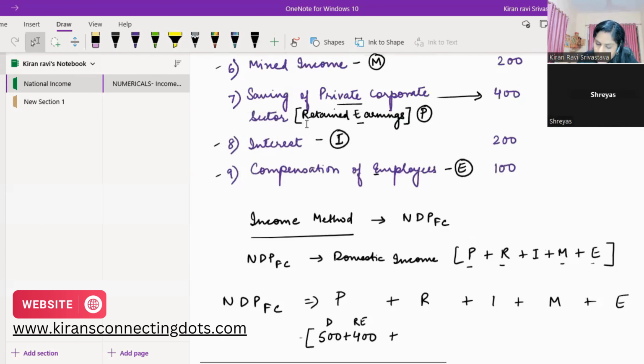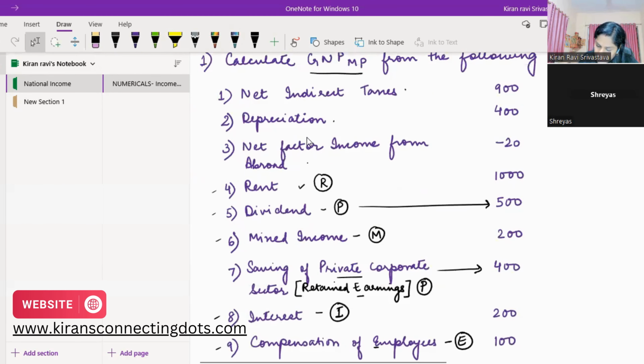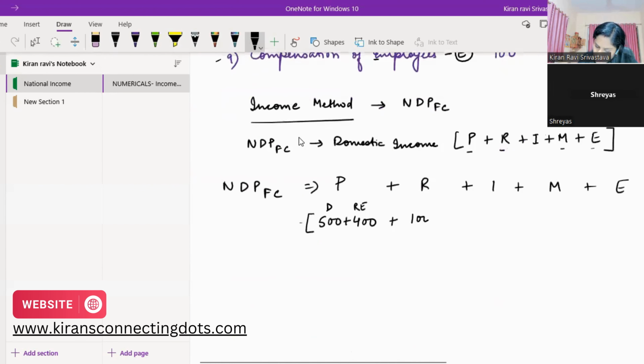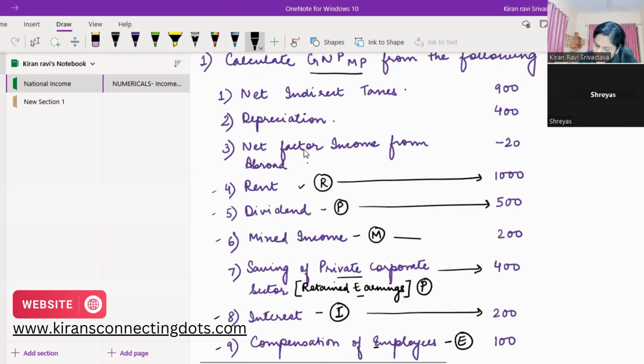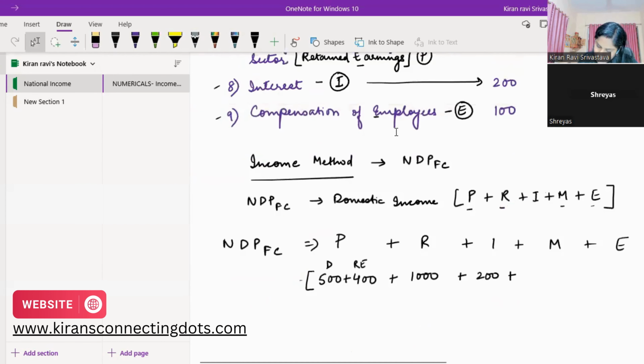प्लस आर. आर है हमारा डायरेक्टली रेंट 1000 and interest is 200. So 1000 plus 200, plus M. M हमने लिख लिया है. Mixed income 200. And the next one last is E, compensation of employees 100. So I can easily get NDP at FC. If you total up, how much will you get? 500 plus 400 is 900, 1000, 1900, 2100, 2300 and 100, 2400. So 2400